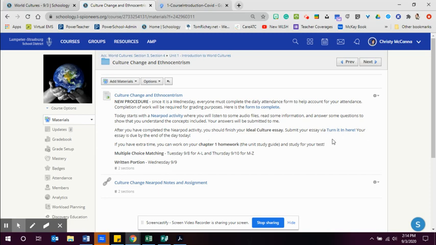We use Turnitin as an essay check just to protect against plagiarism and give us an easy way to collect work, assess work, and then return the grades as quickly as possible.